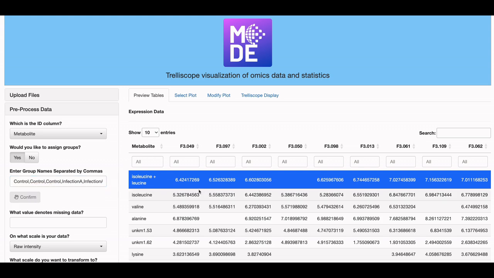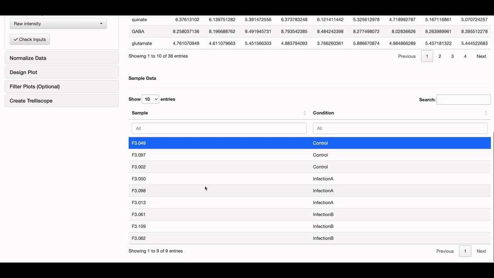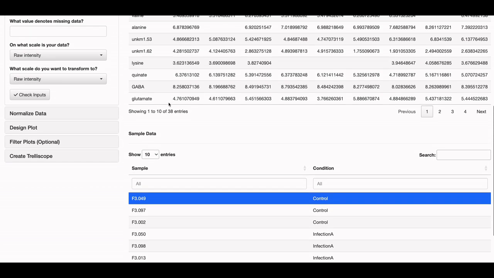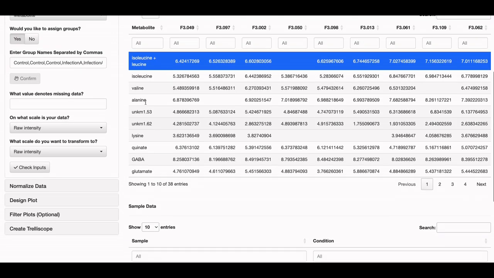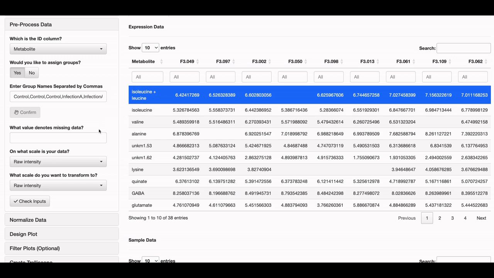Click Confirm when ready. Next, a table will appear under sample data with the sample names and the group designation. If you would like to remove a sample, leave the group set to NA. We recognize that for 20 or more samples, this may feel cumbersome, and recommend users build a sample information file